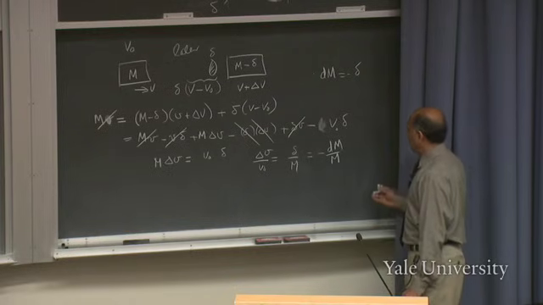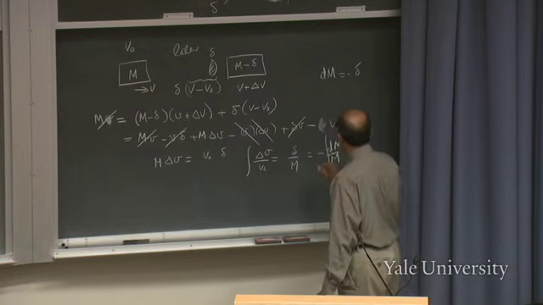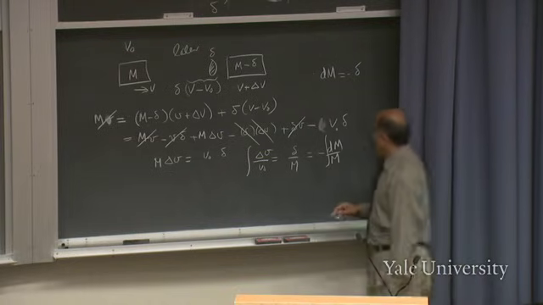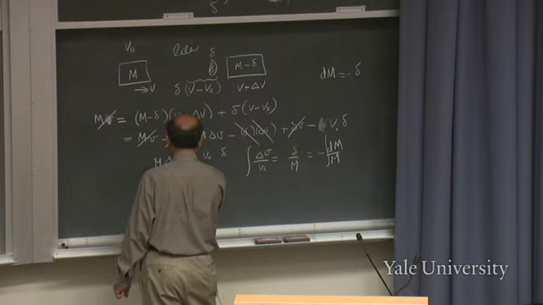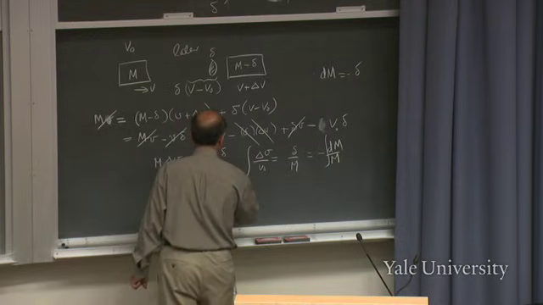Now the rest is simple mathematics. I don't want to do this, but if you integrate this side and you integrate that side, and you know dm over m is a logarithm, you will find the result that v at any time, v final, is equal to v initial plus,